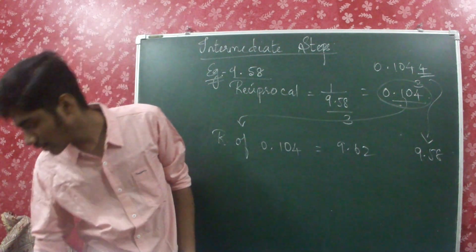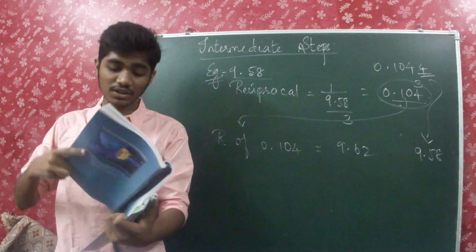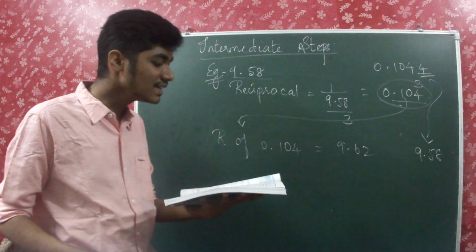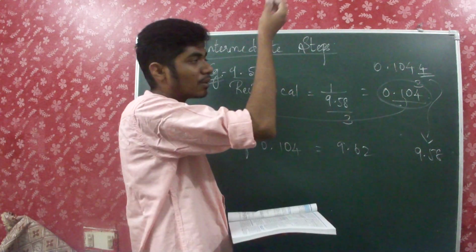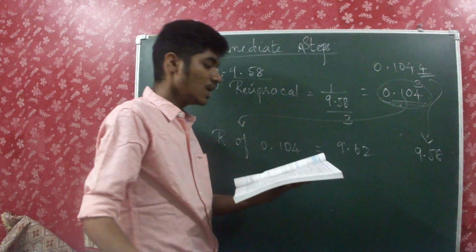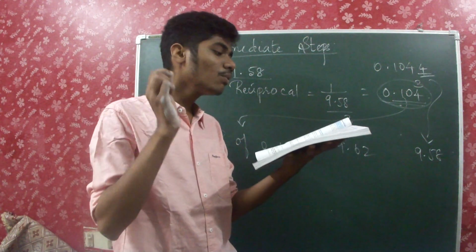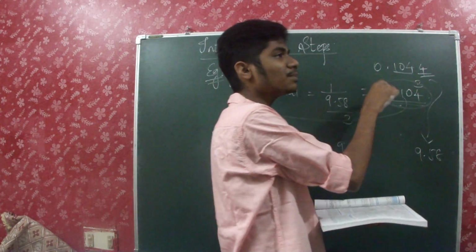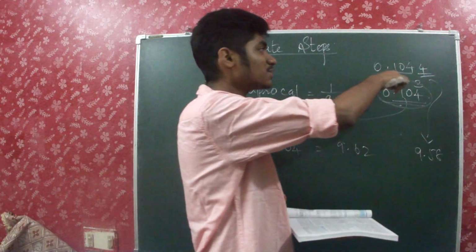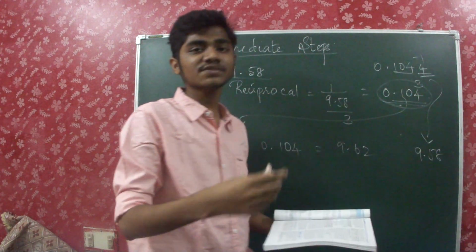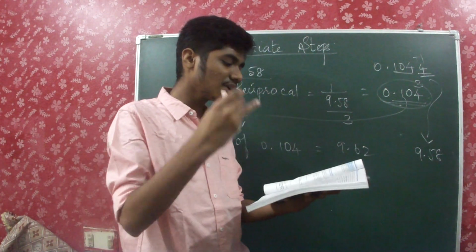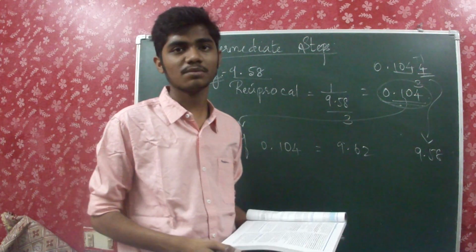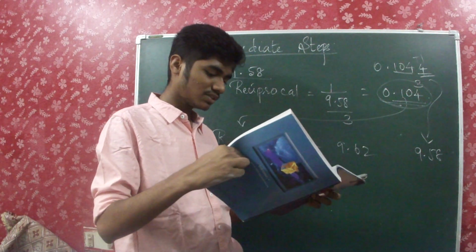Okay, let me read that line alone for you, because that has to be read, or else it won't enter our mind. That is, intermediate results in a multi-step computation. So this is a multi-step computation and this is an intermediate result. Should be calculated to one more significant figure in every measurement. That is, here only 3 is supposed to be there, because here 3, so there also 3 must be there. But I have added 1 and I have made it 4. So it should be one more significant figure in every measurement than the number of digits in the least precise measurement. Okay, so this is the fourth thing.